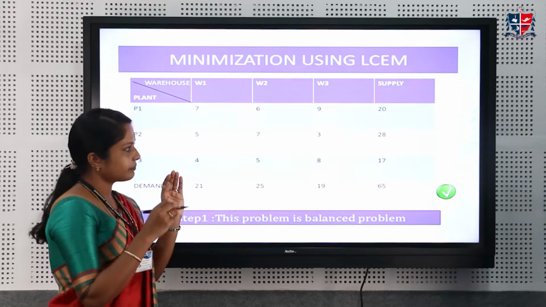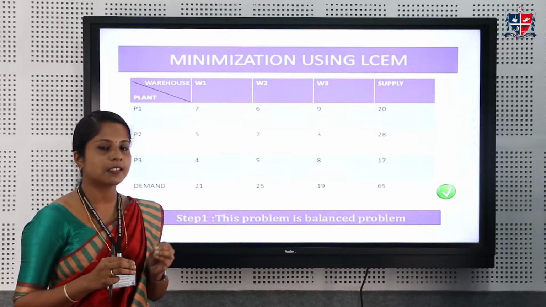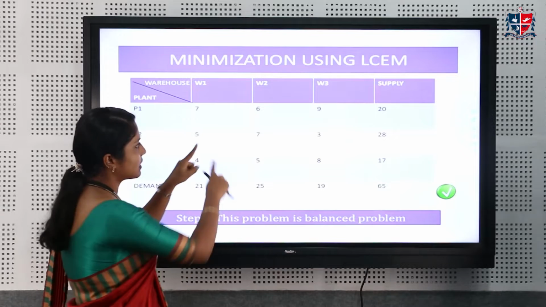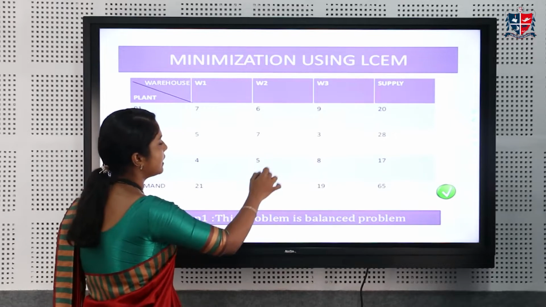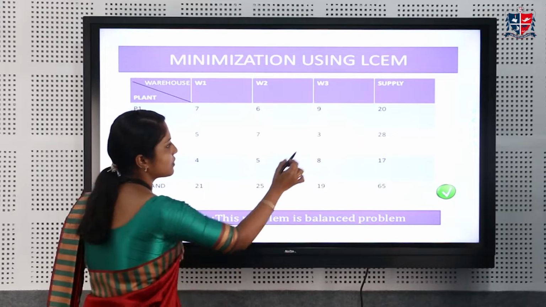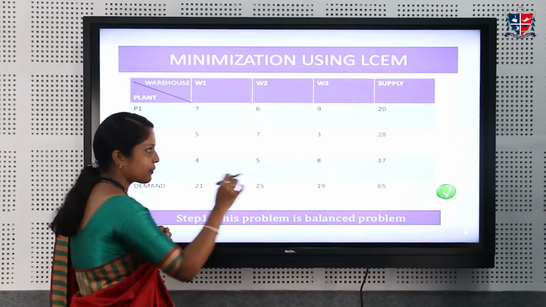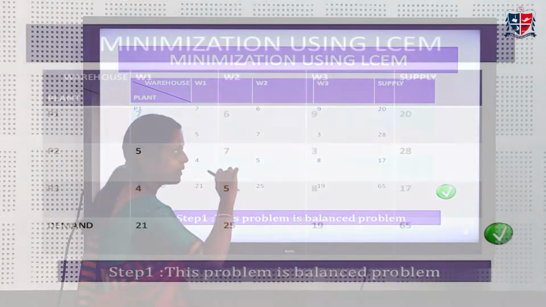Then the first step is to select the cell which has the lowest cost. Here is the matrix, so we have to start our allocation from the lowest cost cell.